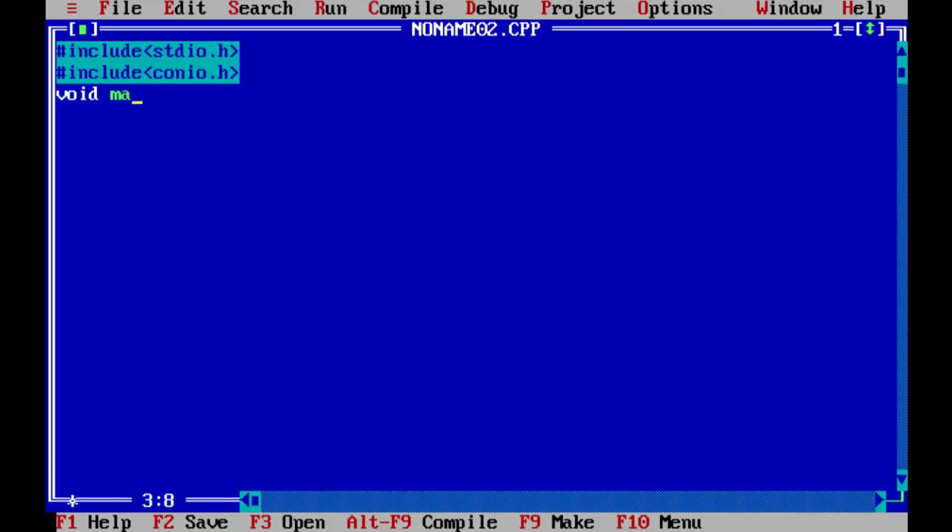Every C program starts with the main function. Void means this function will not return any value. Next is the opening bracket which indicates the beginning of the main function. Now we will declare the variables which we are using in our program. First of all, I will declare an array A. This is an array which will contain the number of elements from which we will search one particular element. Next variable i, this is to control the loop. The n variable indicates the number of elements in the array.